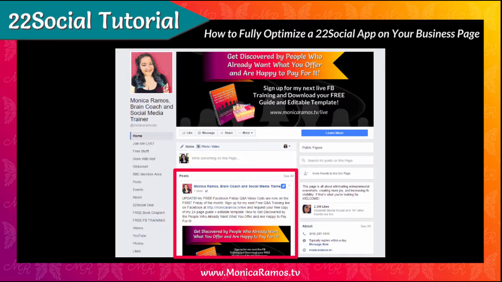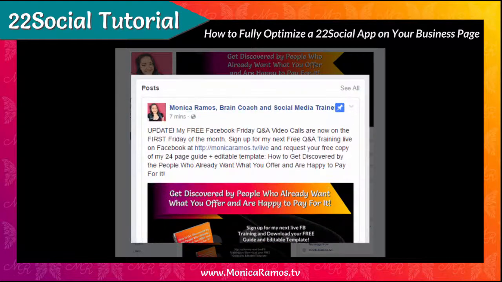It makes it all the way to the top, so it's the first thing. So even if I post something after this, this will remain as the first post on my page always. And it'll be identified there with a little pinned post. And it'll stay there until you remove it, or it gets replaced by pinning another post. So you can only pin one post at a time. If you select another post and make it the pinned post, it will just unpin this one and make that new